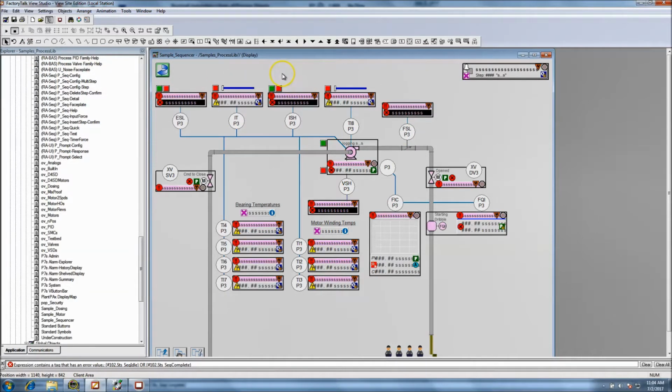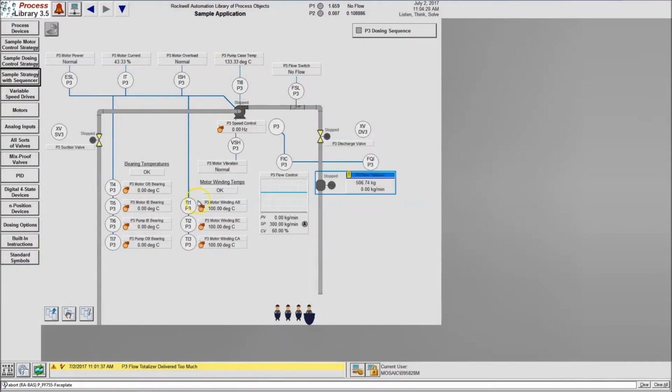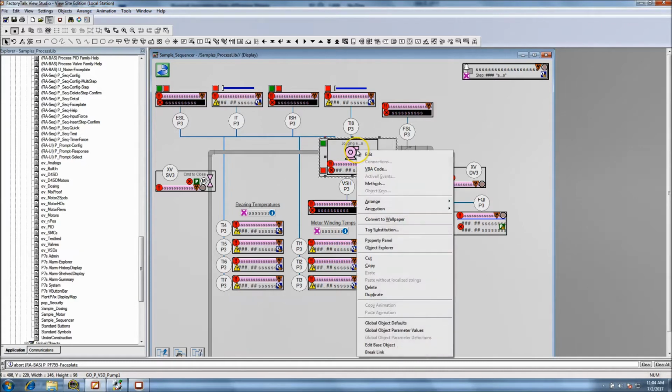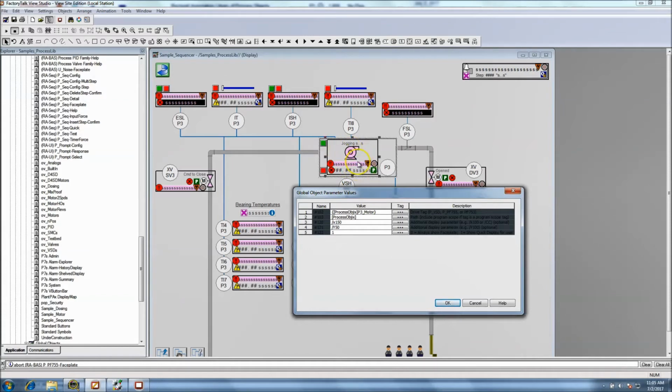But what I wanted to highlight is that the screen that we see right here is the screen right here. So now this would be the P3 motor. You might ask yourself, okay, how does that work? What we do is come in here, select that, and go down to what they call global object parameter values. In the global object parameter values for this system, we have tag values that we're passing over, which are the number sign